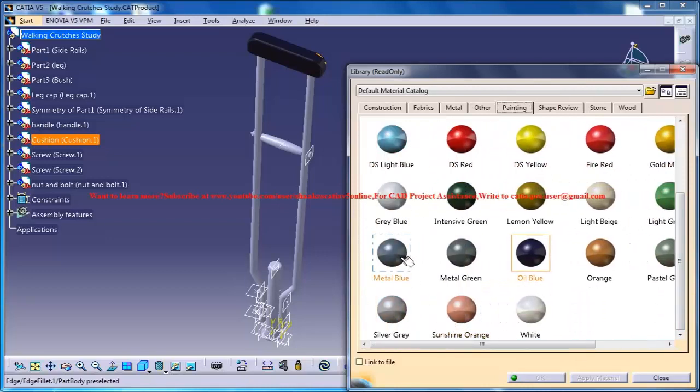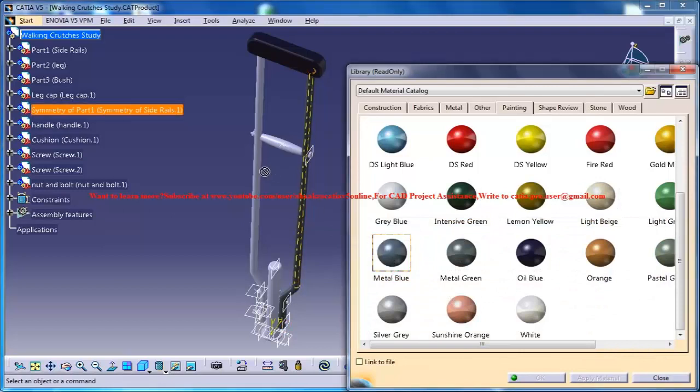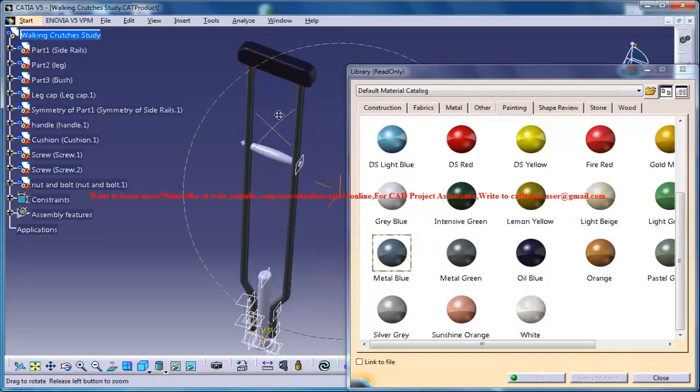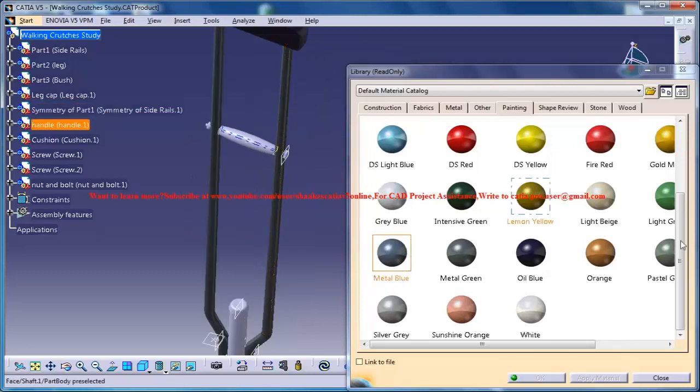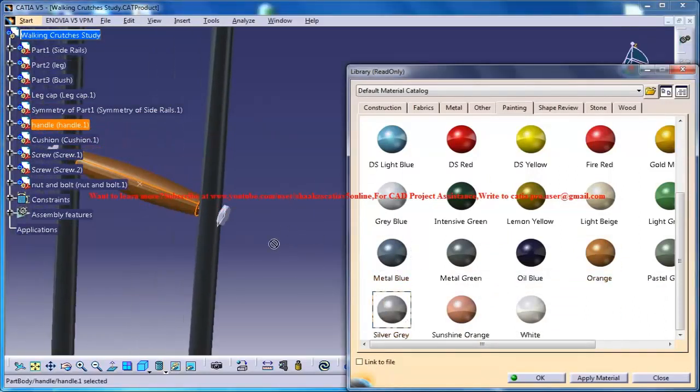Okay, you could just go for a metal blue maybe. Metal blue here, and at the handle you could go for orange because that's wooden, and here you could go for silver gray,